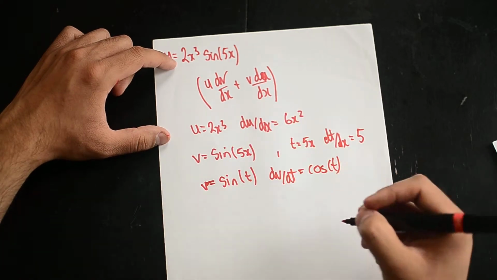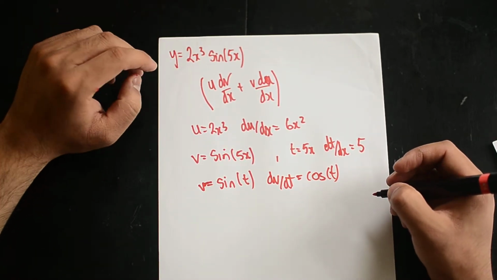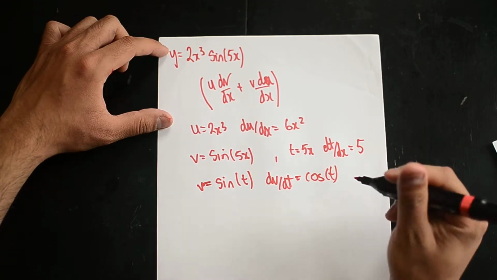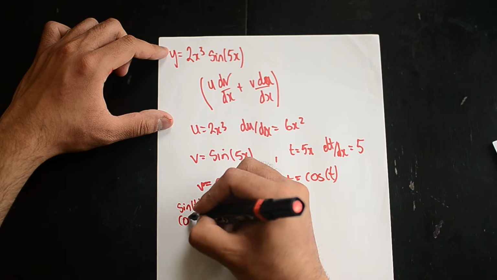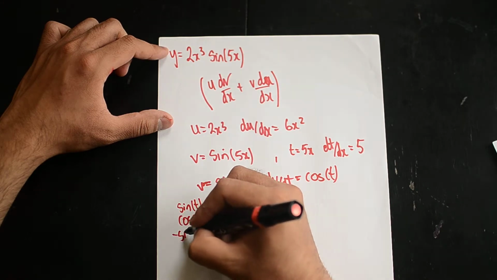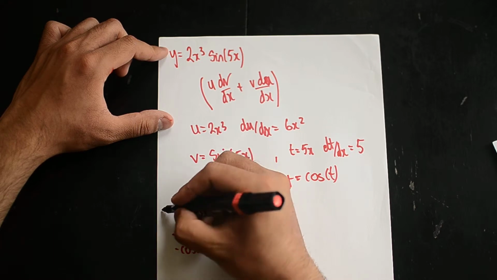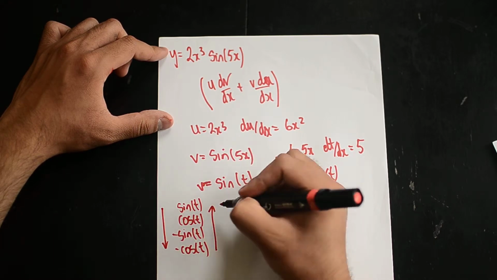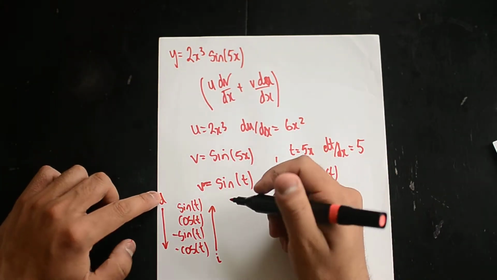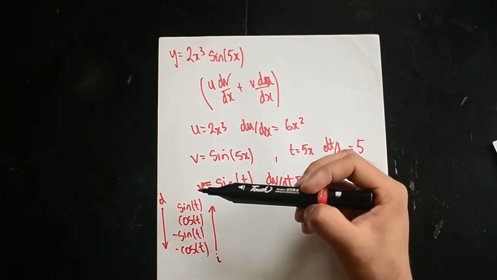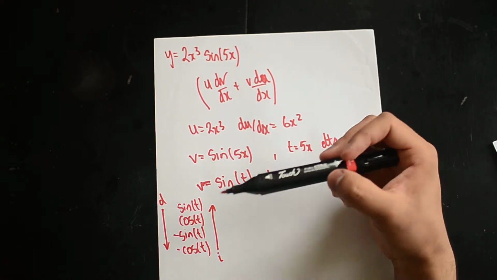Now, in the previous video, I also said why this happens, and it's because of a little trick. I'm going to just do it again for you, in case you haven't seen the other video. So you differentiate to go down, you integrate to go up. So if you just write this down: sine, cos, minus sine, minus cos, it means that whenever you're going up and down,